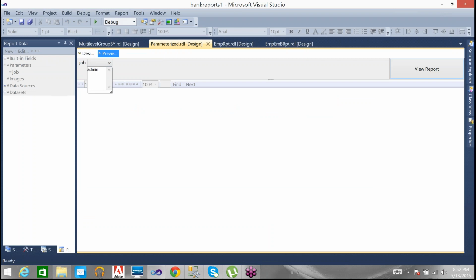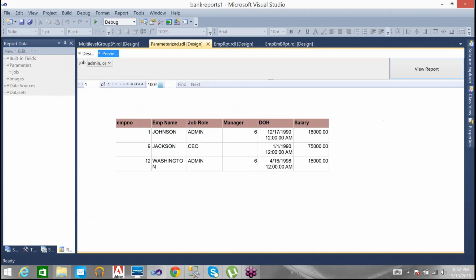For example, admin, I can type it, just enter, and CEO. Still that in statement works. The only thing is the query we are connecting, we don't need to type it. Then I can do CPO. Okay, then you got all the records. You can even do that. Is that your question, Shiva?